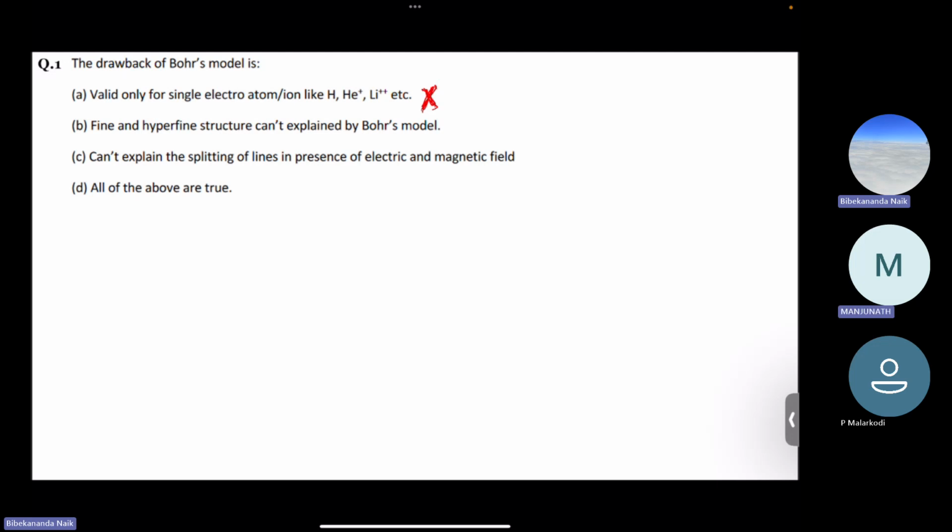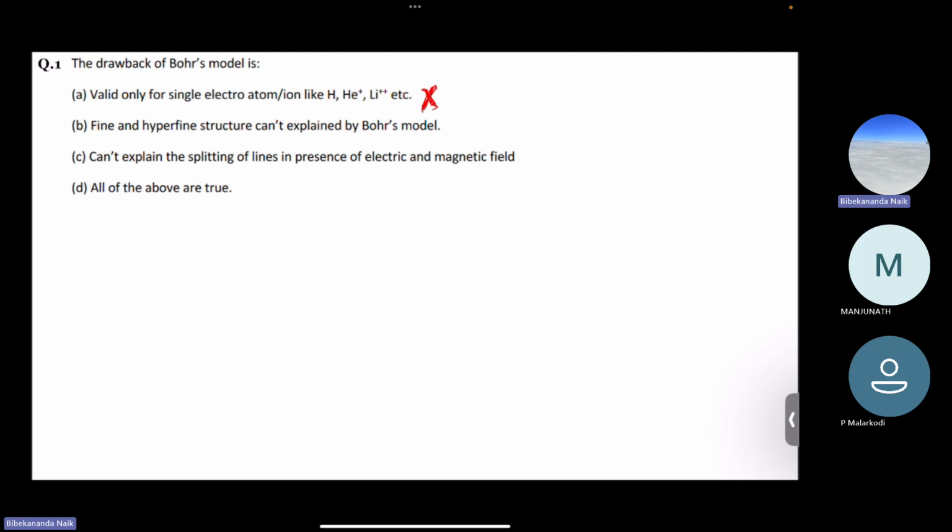When they transit from higher energy to lower energy? No, that is the emission spectra. But fine structure appears when we consider the coupling between spin and orbital motion of electrons. Because Bohr's theory was only related to the motion of electrons in a particular orbit, there was no discussion about spin interactions, spin momentum and orbital angular momentum. That's why it was not able to explain the fine structure, because fine structure mainly comes due to coupling of L and S. L is the azimuthal or orbital quantum number, and S is the spin quantum